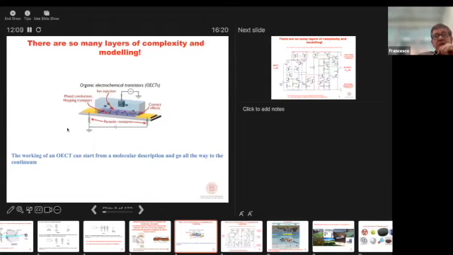But the point is, again, the motion of the liquid is on a certain time scale. Let's say it's in the nanosecond. The motion of the carriers, which can be electrons or holes in the active layer, is on the nanosecond or the picosecond, and the response of the transistor is on the second time scale. So again, we have something that covers many time scales, and so do the length scales.